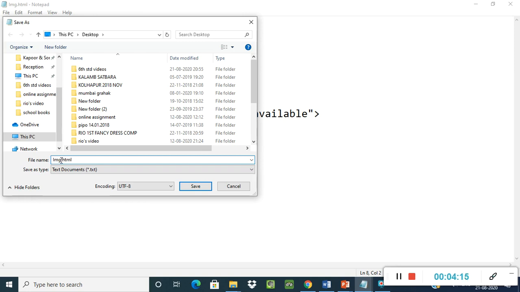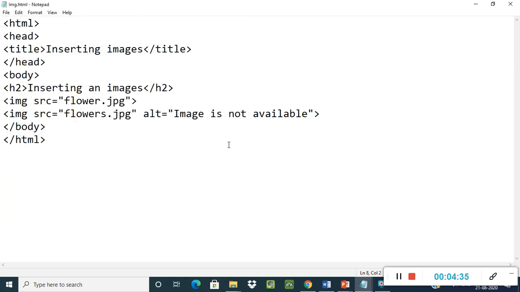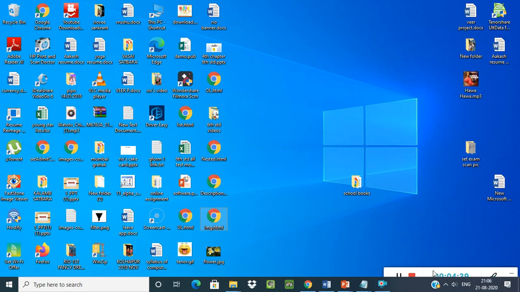You have to put .html compulsorily. After this, I will select my path, that is I want to save this program on my desktop. So I select desktop and click on the save button. After clicking save, it will show the file on your desktop. See, img.html. I saved this file.